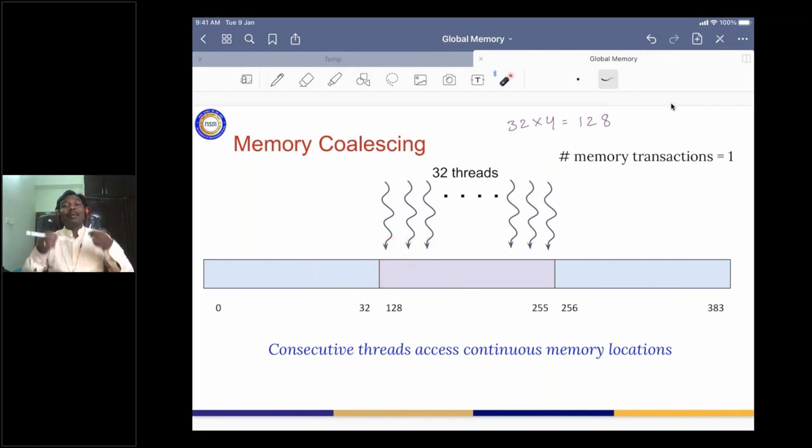Rather than reading all of them independently, we combine all those memory locations into one chunk and read the whole chunk from global memory to the cache. This process of combining them together is called memory coalescing, and memory coalescing is very good if it satisfies this property. We are going to look at a lot of examples to understand whether memory coalescing is good or bad, and to what degree, and so on.